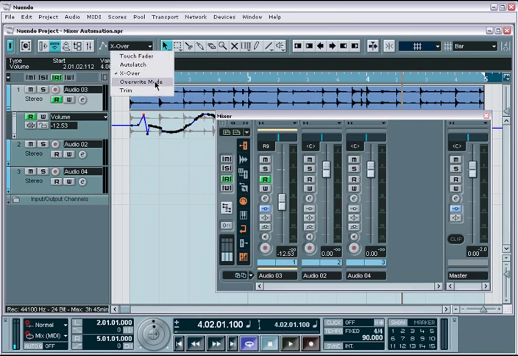The last two modes only pertain to volume automation and do not affect other parameters being automated. The first of these is the overwrite mode, which will begin recording automation data immediately and will overwrite any existing automation data, regardless of whether or not you actually click on a mixer object. This is useful if you need to erase existing data or capture the current position of a mixer object as